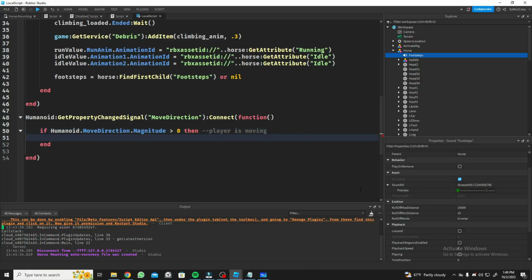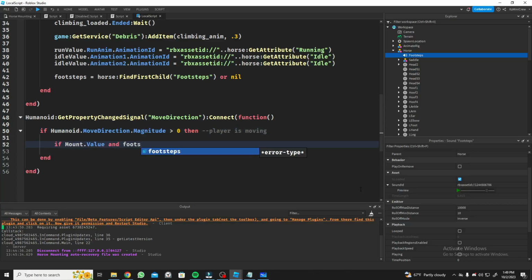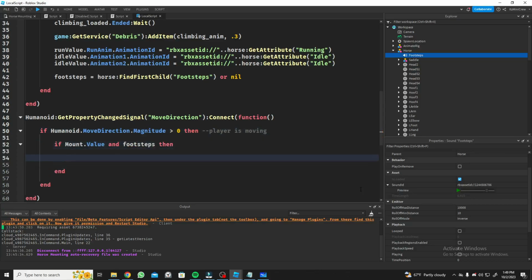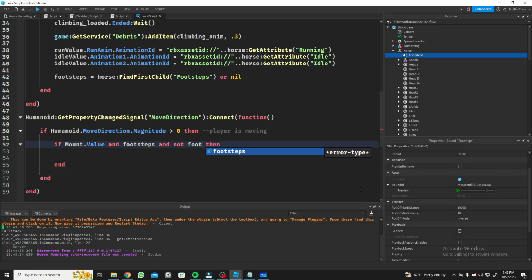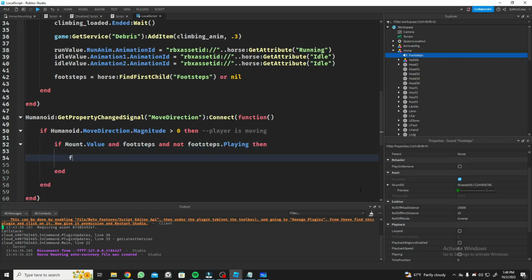Then if mount.value and footsteps and not footsteps.playing, so if the footsteps aren't already playing, then footsteps play,